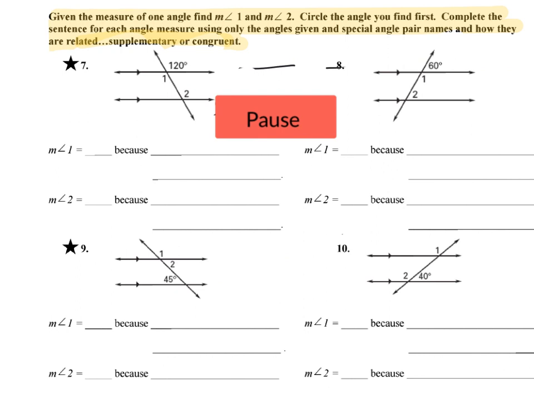All right, let's unpause this guy. And now let's read these directions. It says, given the measure of one angle, find the measure of angle 1 and the measure of angle 2. Circle the angle you find first. Complete the sentence for each angle measure using only the angles given and a special name and how supplementary or congruent. So when we're looking at these questions,